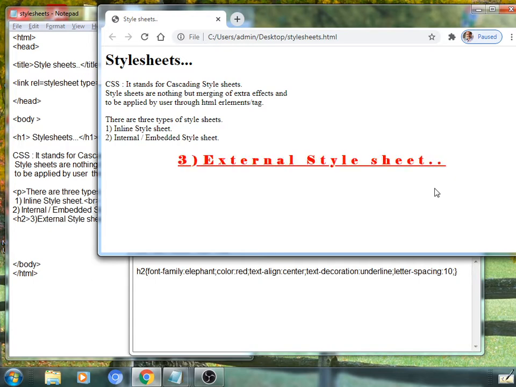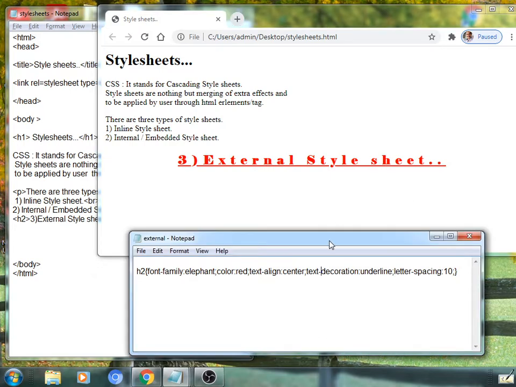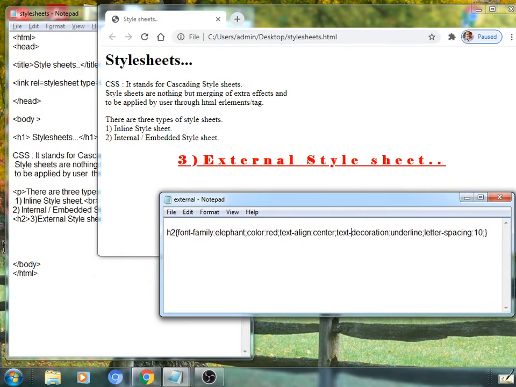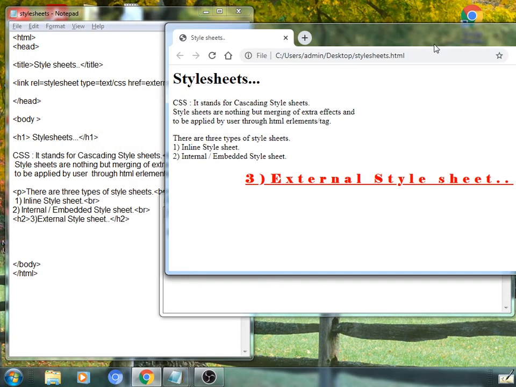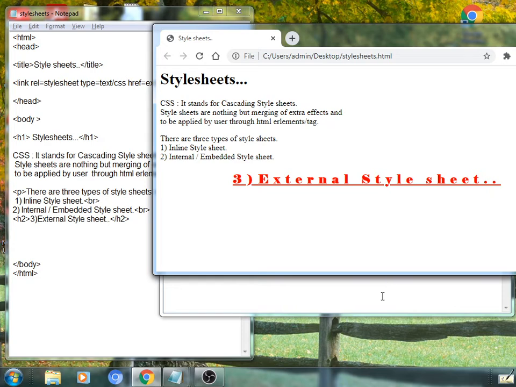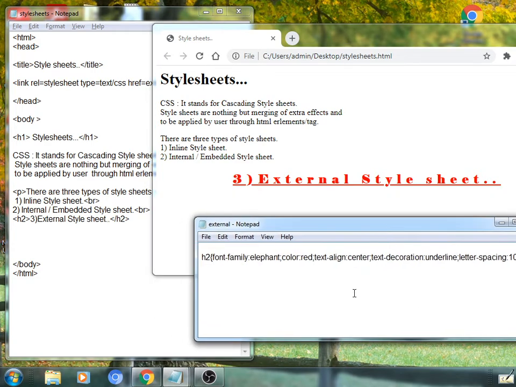Likewise, these effects we have seen in the internal or embedded style sheet also. The same effects are here, but applying and designing is somewhat different, and we are observing that. It's a single selector we have applied. Other selectors can be prepared, no doubt. See here, we have chosen the next selector as a paragraph, that is P.